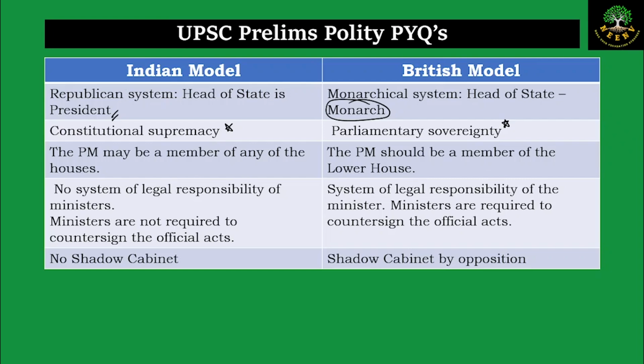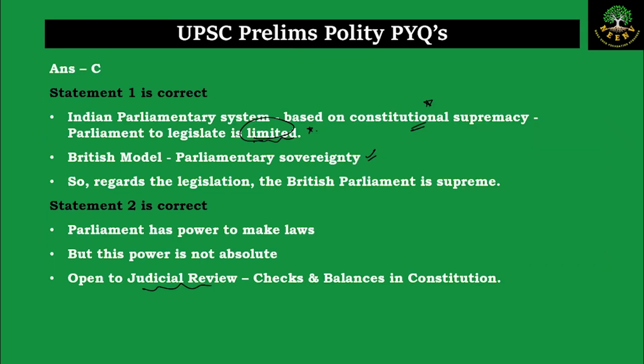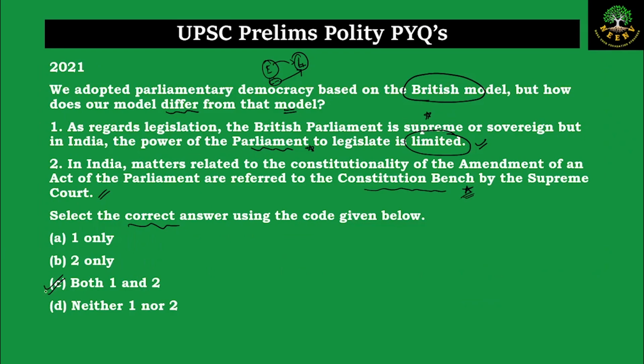In India, again, the PM can be a member of any of the houses. The PM can come from Lok Sabha or the PM can be somebody from Rajya Sabha, just like Prime Minister Manmohan Singh was. But in the British model, the PM has to be a member of the lower house. Also in the Indian model, we don't have a system of legal responsibility and the ministers are not required to countersign the official acts, but it is the opposite in the British model. We don't follow the idea of shadow cabinets, but the British model follows the idea of shadow cabinet. So these are the differences between the Indian model and the British model. Coming back to the question, the answer is C, both 1 and